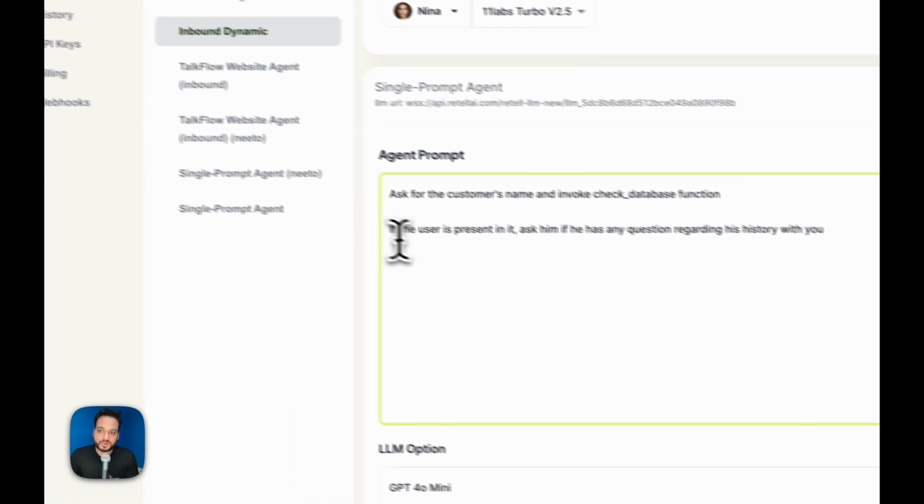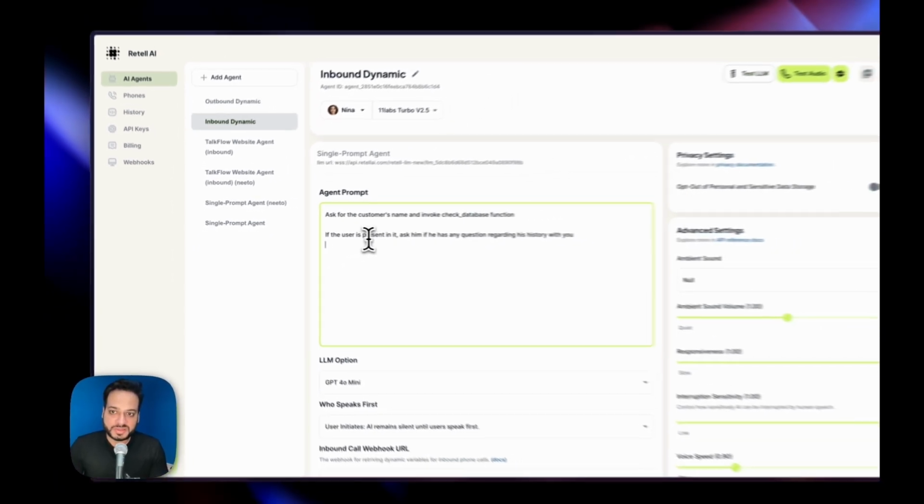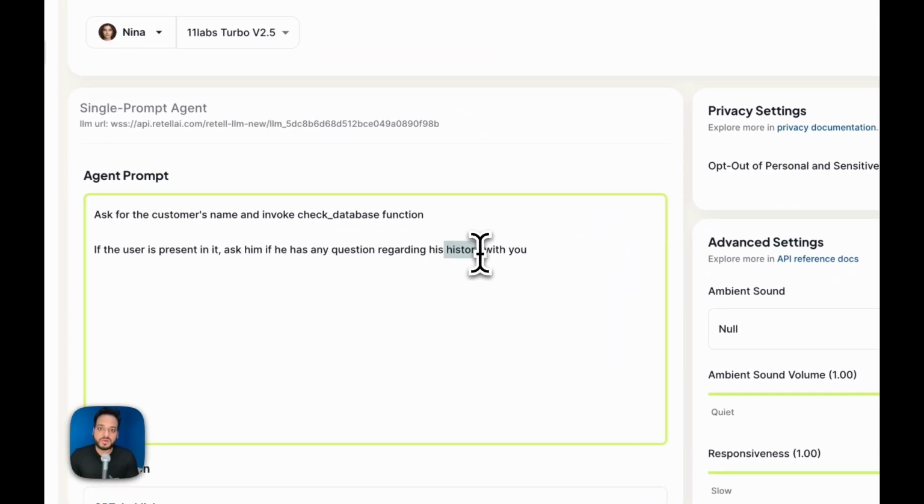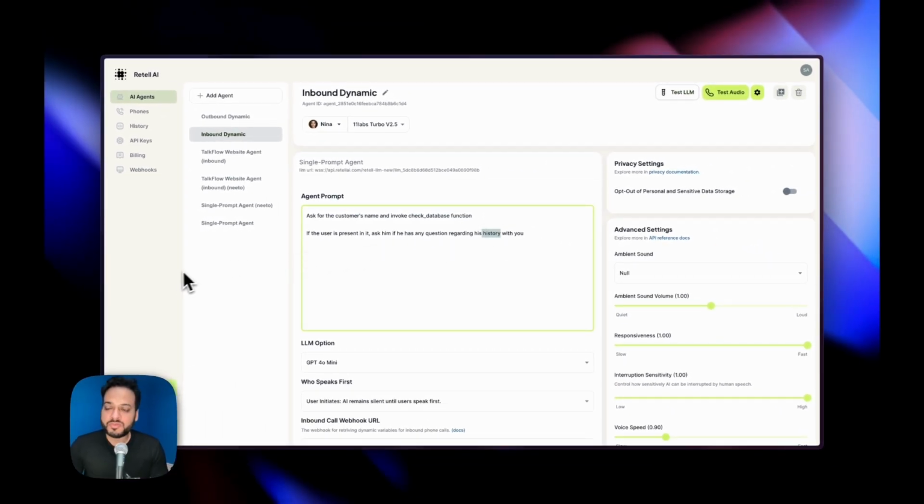And then I have also put this check if the user is present in it, which means if the user is present in the database, ask him if he has any questions regarding his history with you. And his history is what is to be defined in our database, which I'm going to show you next. But before that,